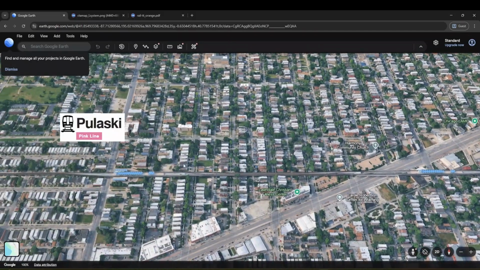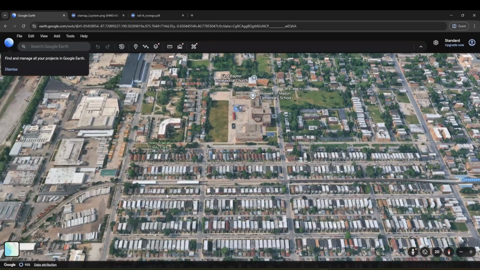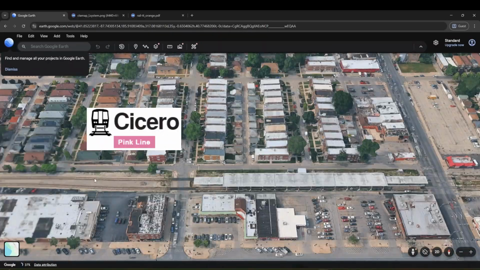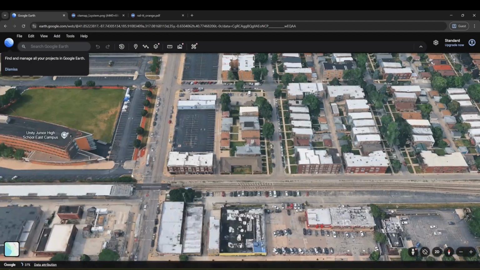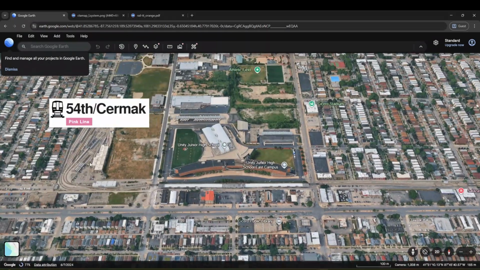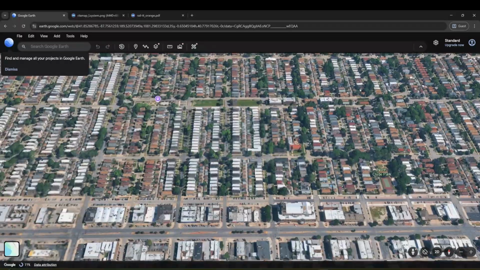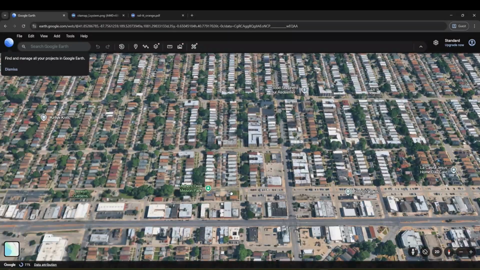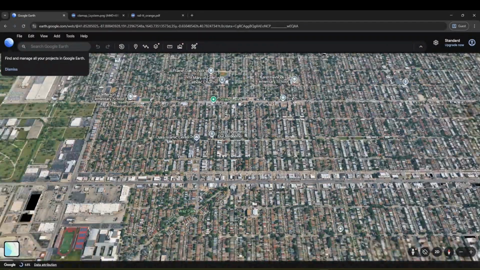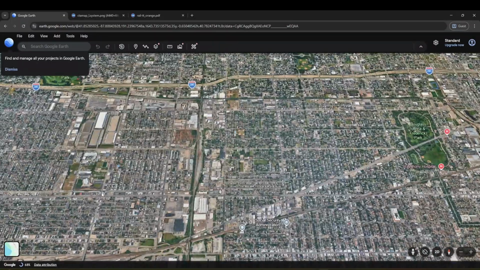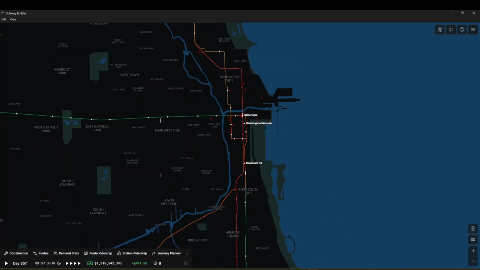And coming up towards the end here where it runs at street level. This is 54th and Cermak. You can see the pink line used to go pretty far west. Actually, it wasn't the pink line back then. I think it was before they had the color system. But yeah, this line used to go a lot further west, but got cut